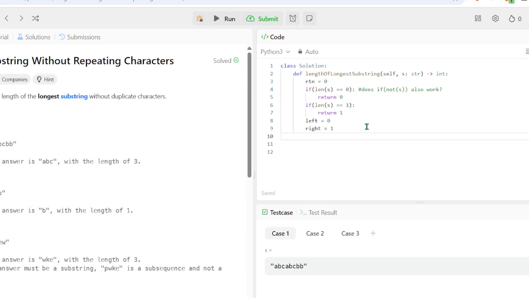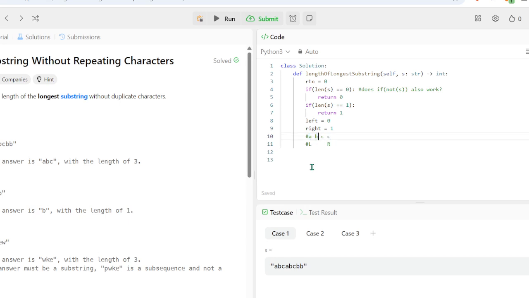Because say we had A, B, C, C, and L is here and R is here. R is not equal to L, so we increment R. R is not equal to L, so we increment R. But now look at this.